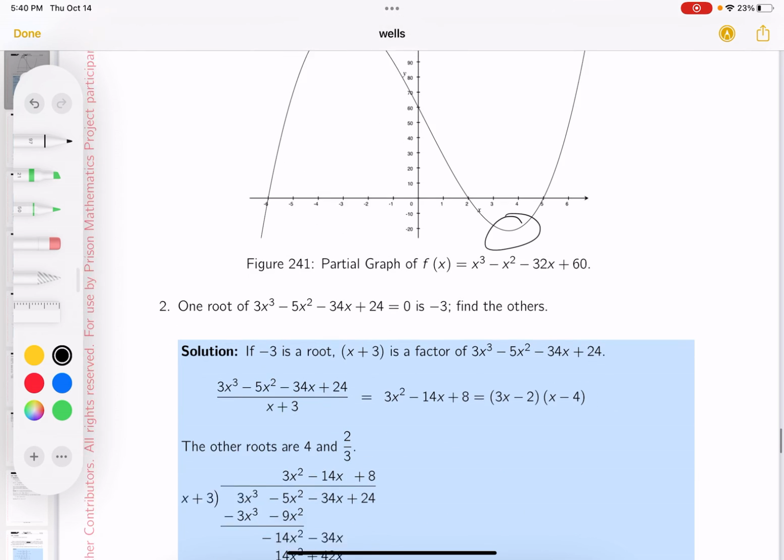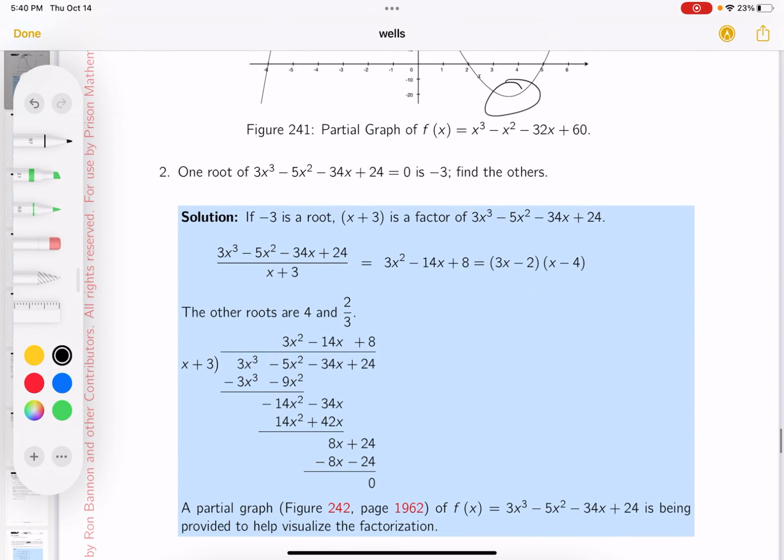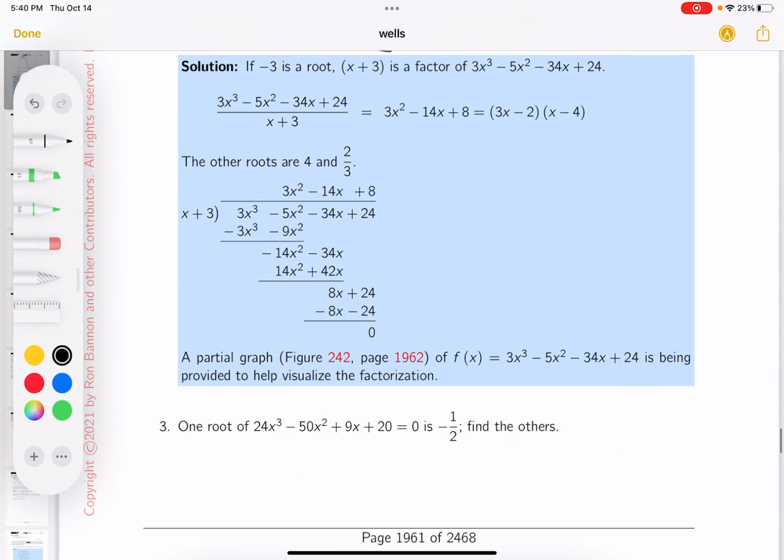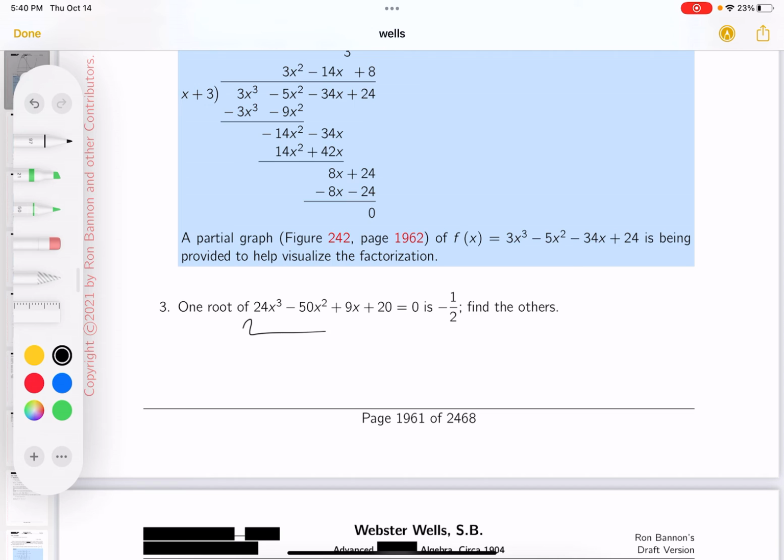You do this for all the problems, by the way. It's work. It's a lot of work. What do you do? This is a cubic. It'll have 3 roots. They give you 1. You're going to use a division to find a depressed quadratic, and that depressed quadratic is going to be nice and easy to factor. This over here, it's a 3rd degree polynomial. They give you one of the roots. I want to point out what they're saying is x equals minus 1/2 will produce a 0. I would solve this by multiplying both sides by 2,